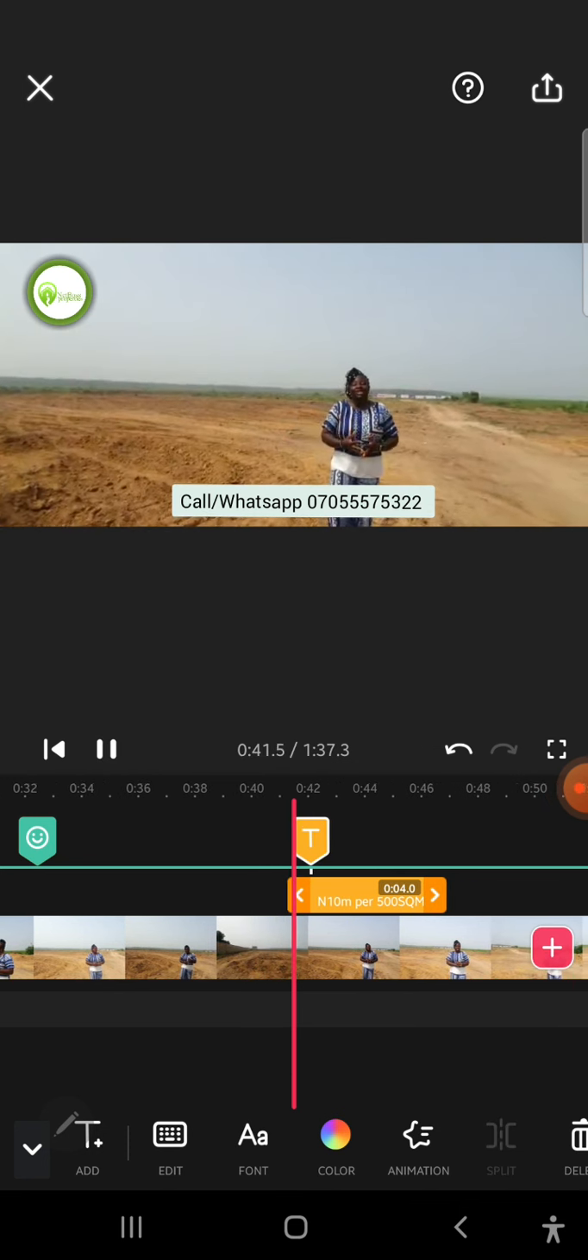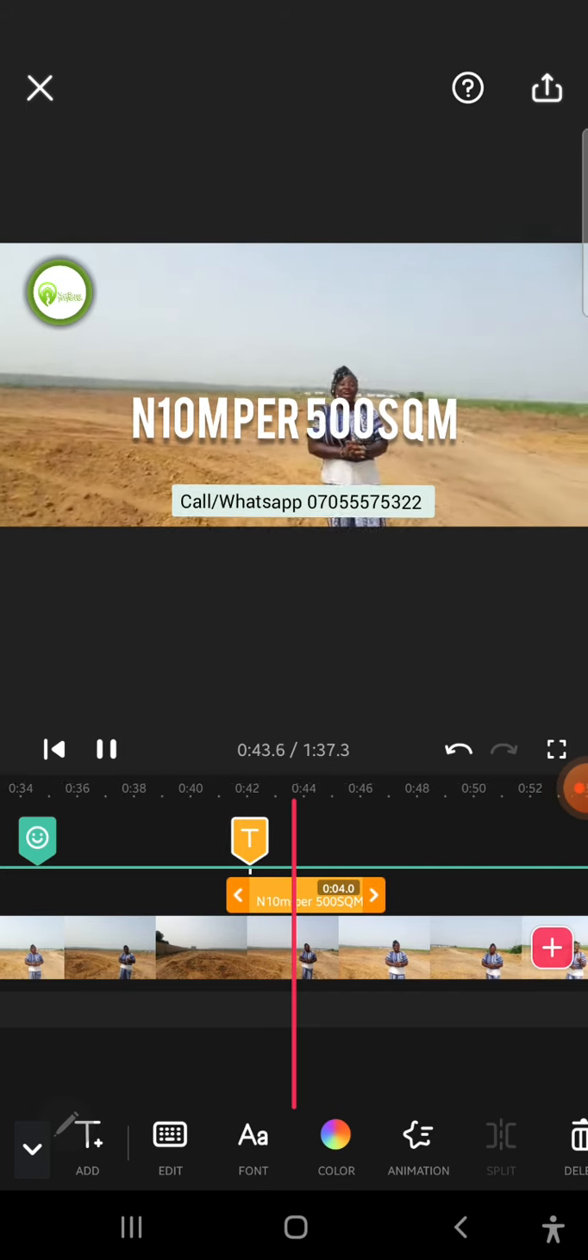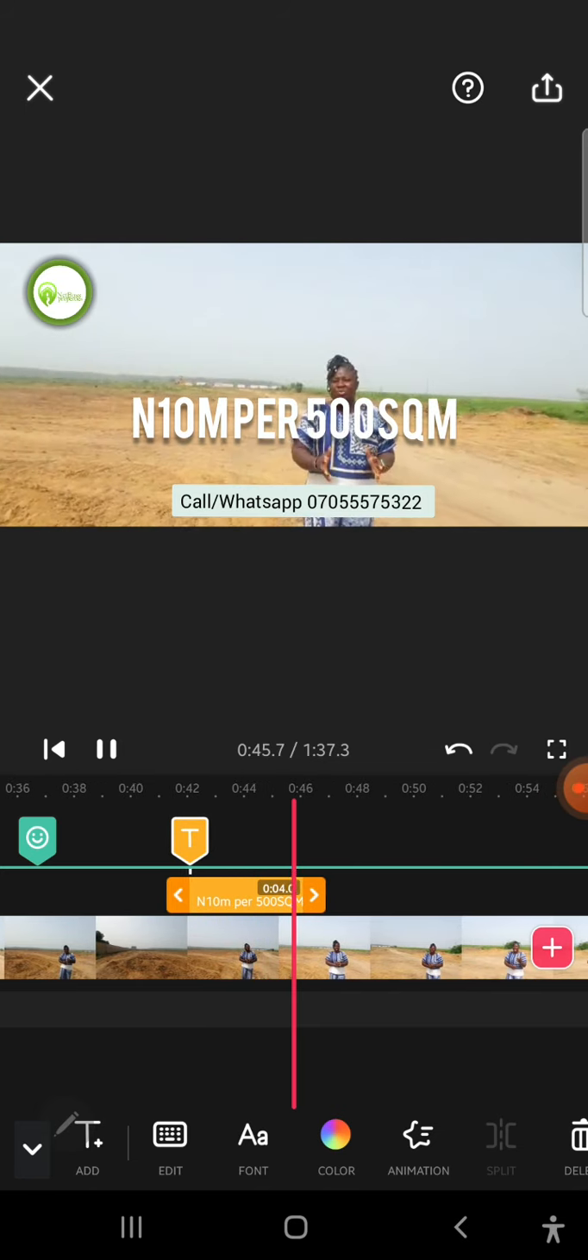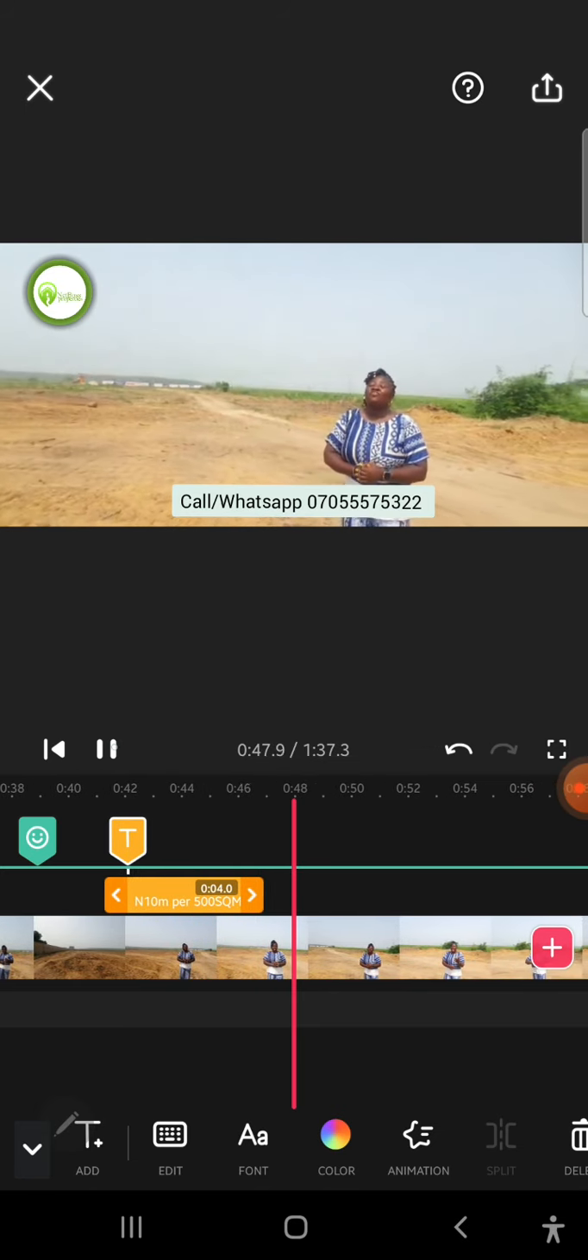Here, it is now selling at 10 million naira for 500 square meter and 6.5 million naira for